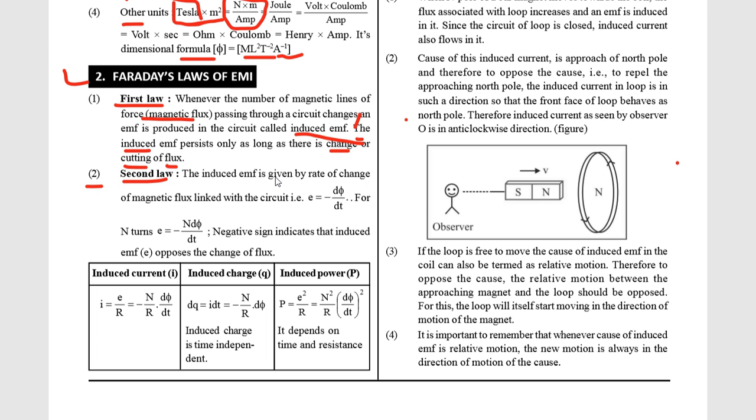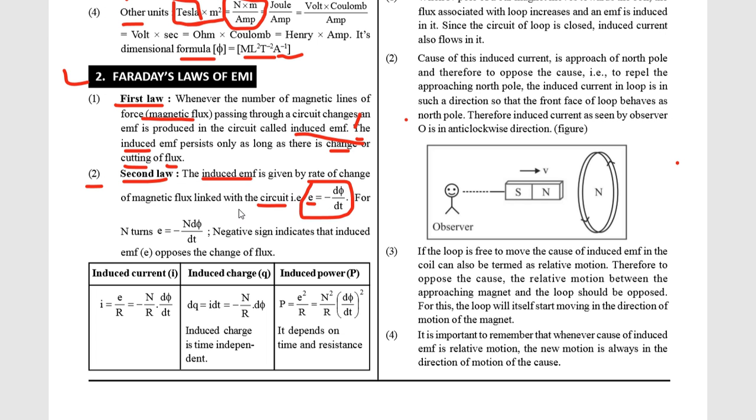The induced EMF is given by rate of change of magnetic flux linked with the circuit. तो यहाँ पे देख सकते हैं जो इंड्यूस्ड EMF है उसका जो मैग्नीट्यूड की अगर हम बात करें तो उसके मैग्नीट्यूड के लिए हम एक रिलेशन फाइंड आउट कर सकते हैं, और उसके लिए जो स्टेटमेंट है वो है the induced EMF is given by rate of change of magnetic flux linked with the circuit. तो यहाँ पे देख सकते हैं ये है इंड्यूस्ड EMF, स्मॉल e से रिप्रेजेंटेड है, और ये क्या है, नेगेटिव रेट ऑफ dφ/dt के इक्वल है यहाँ पे।